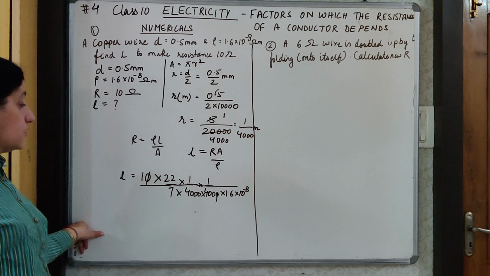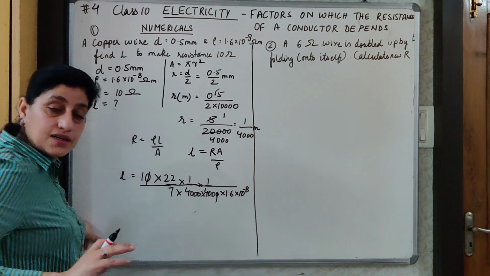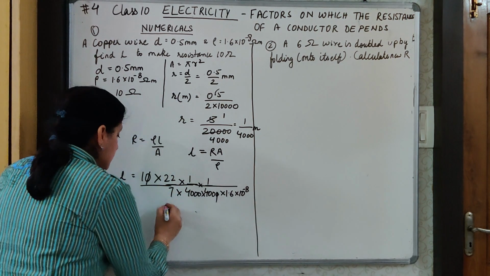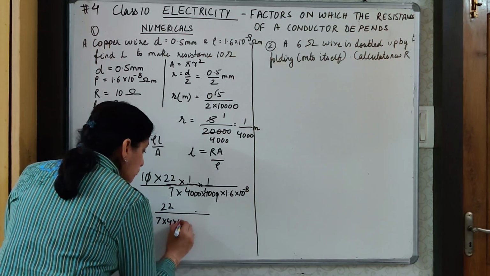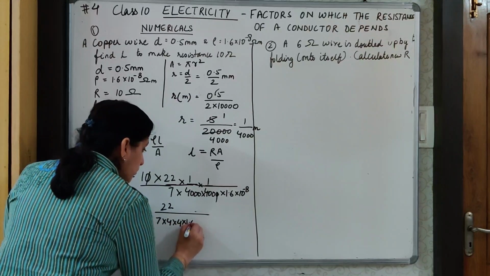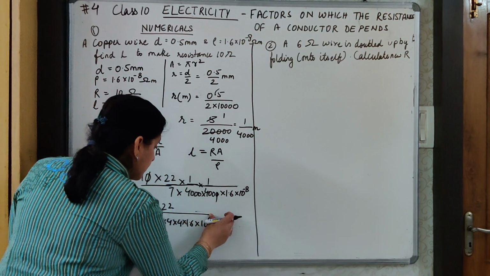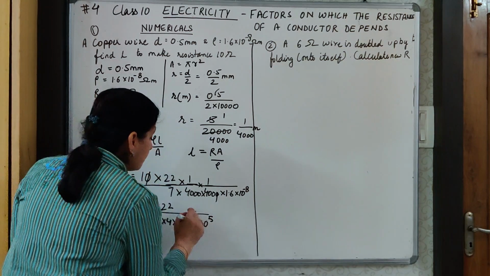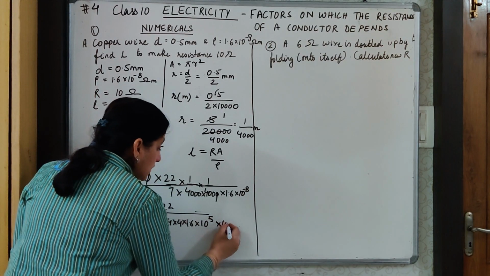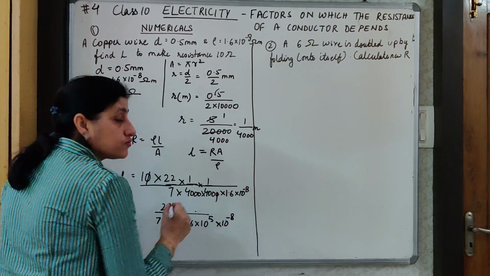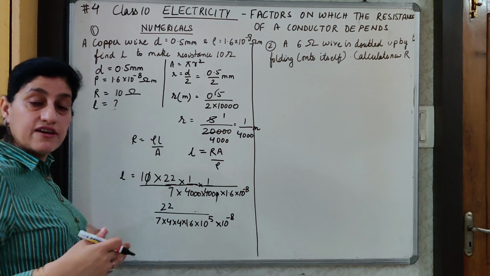Now children, be very careful that in these types of questions you separate the decimal number, that is the zeros, like this. See here, I have 22 upon 7 into 4 into 4 into 1.6 into 10 raised to the power 6. From where has this 10 raised to the power 5 come? 3 zeros here and 2 zeros here. I have separated the 2 into 10 raised to the power minus 8. Try to solve these exponential numbers separately, and the other numbers separately.